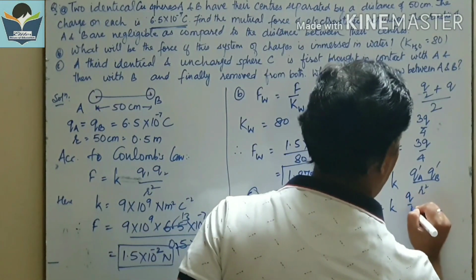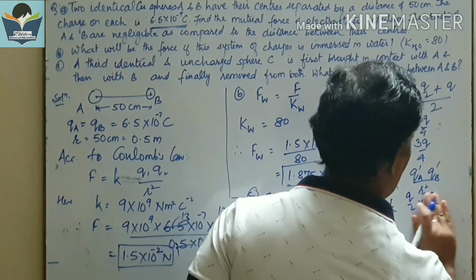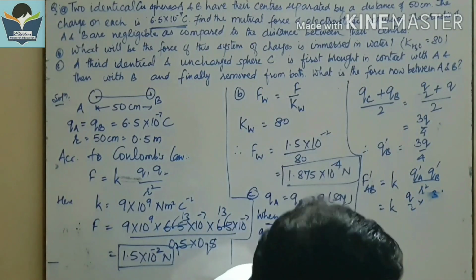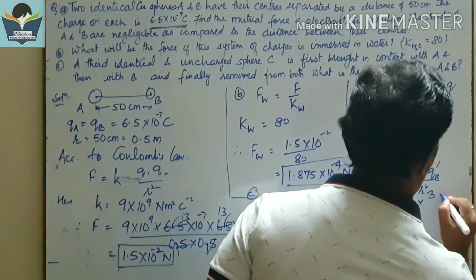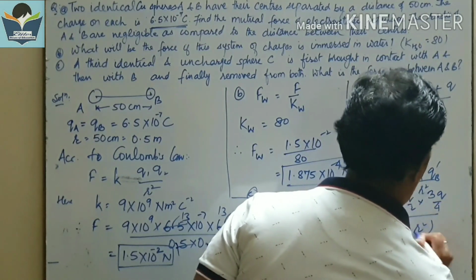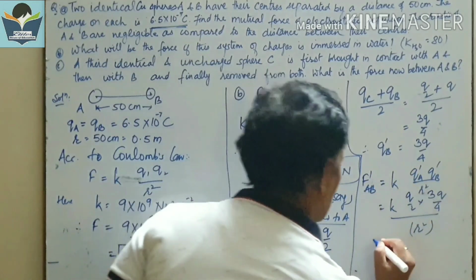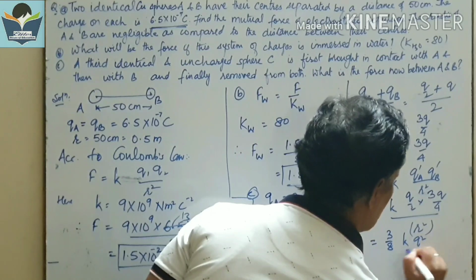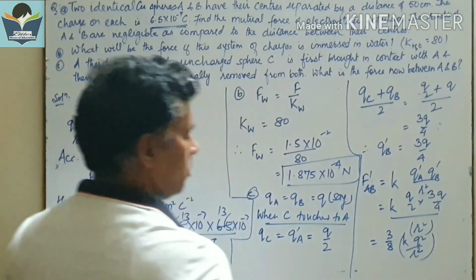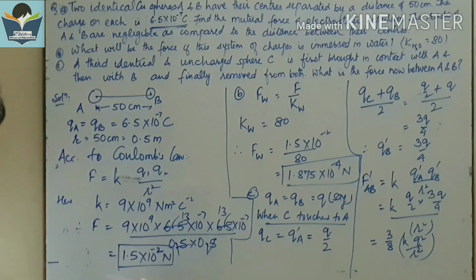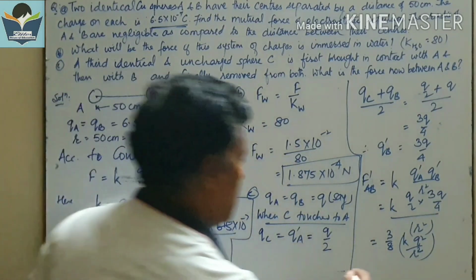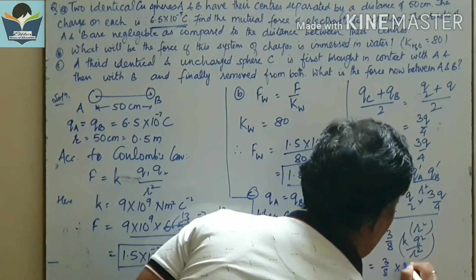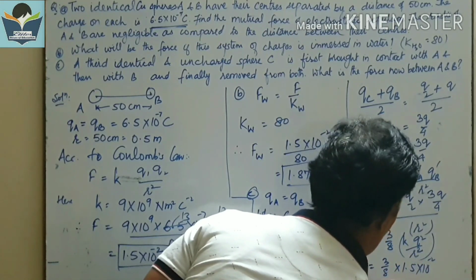QA dash is Q by 2, QB dash is 3Q by 4, divided by R square. If we solve it out, this gives us 3 by 8 KQ square upon R square. Now this is the value which we have already identified, KQ square by R square, for identical charges. It is 1.5 × 10 to the power minus 2. We put the values here, 3 by 8 into 1.5 × 10 to the power minus 2, and the result comes out to be